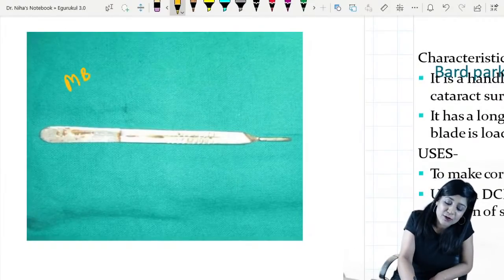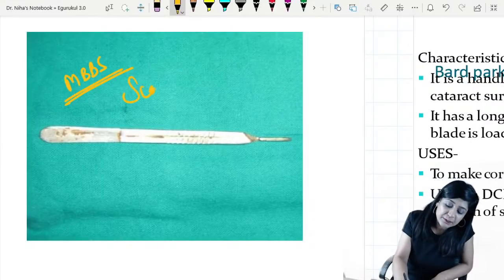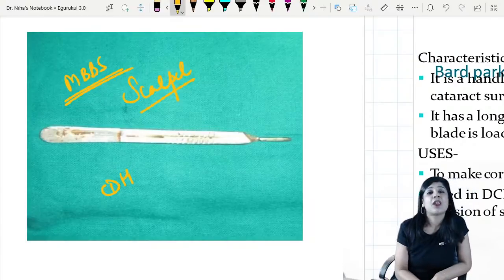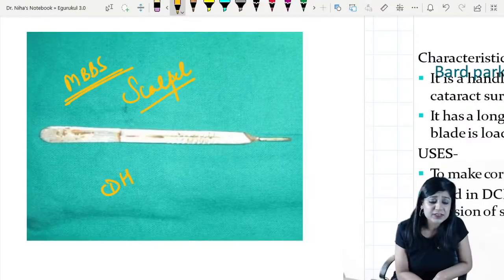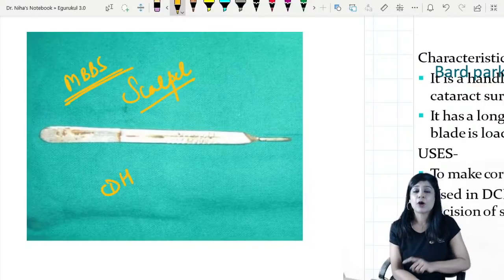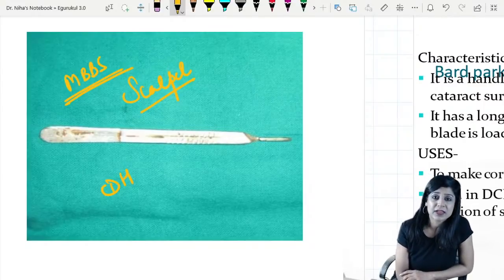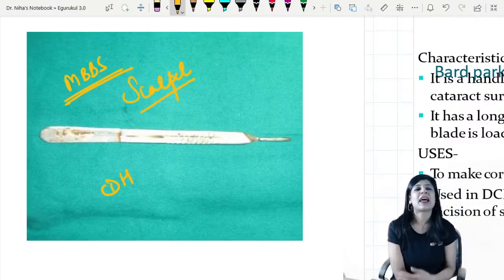MBBS first prof, you are coming, and the first instrument that you are holding is a scalpel. So this is the scalpel that you are looking at in the DH, along with the blade with which you start your dissection on the cadaver. This is the normal scalpel that we are using for the dissection in the cadavers also, and afterwards